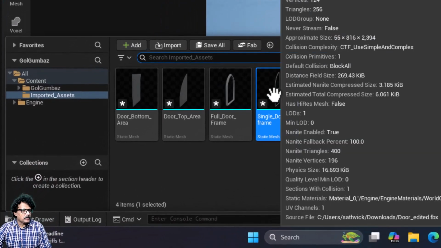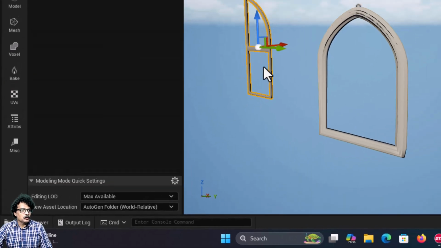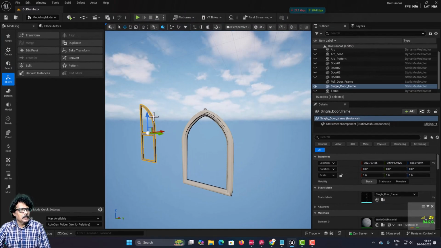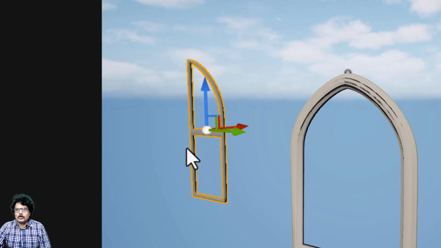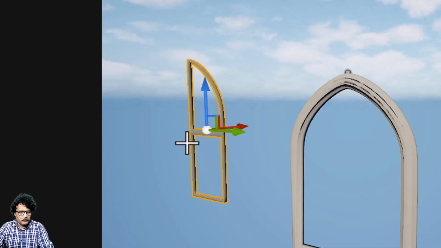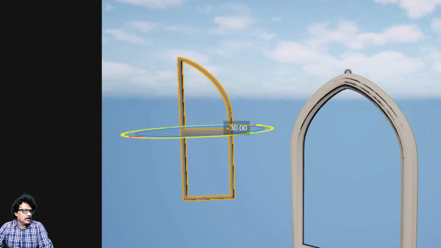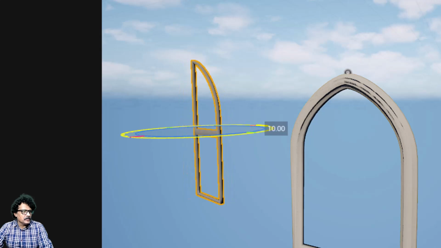I am going to drag the single door frame into the scene. Again I have to set the pivot point. This is a door, and in future if I want to animate it, I want this door to open. And how is it going to open? By adding rotation. So if I press E and rotate it, as of now the rotation is happening